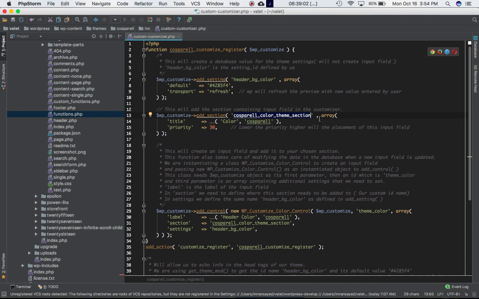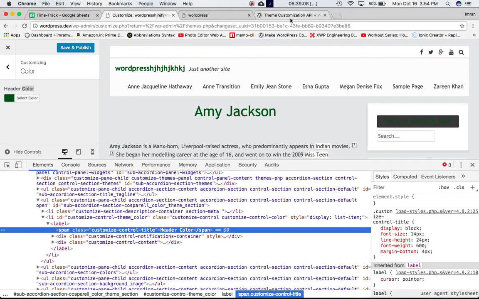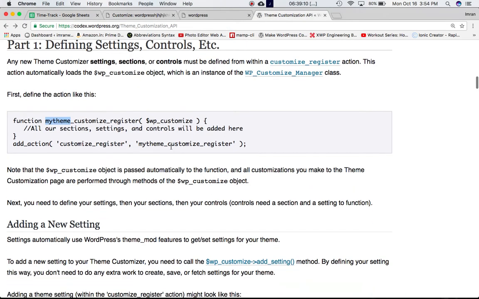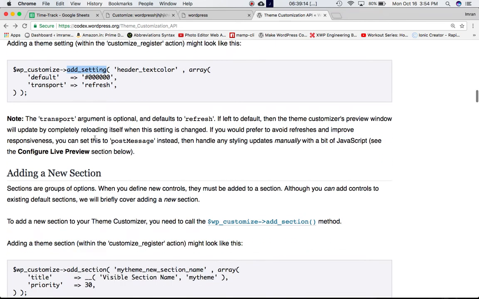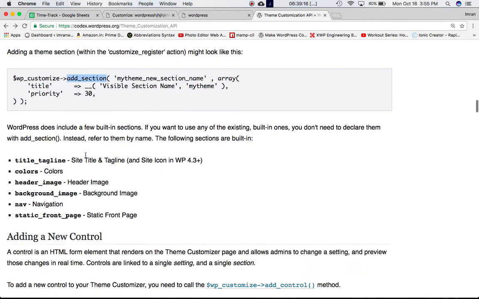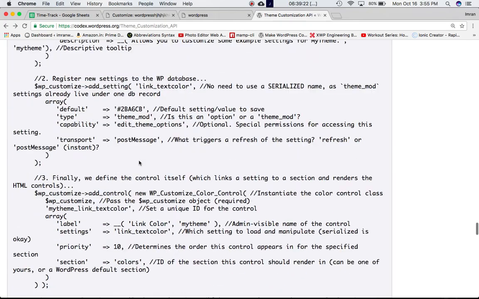Okay, and then it takes the array, title, and everything. So these are all predefined, and these are all mentioned in the WordPress Codex. If you scroll down to add a new setting using the add setting function, then the add section function, add control function, and all of that. So all of that information is there. They even have a sample